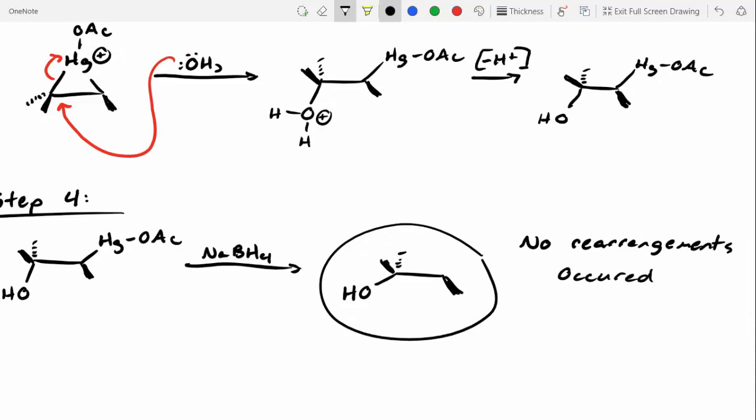What causes the mercury to leave all of a sudden? We're not going to get into the mechanism of that, but sodium borohydride is a nice hydride source. So what's hydride? Do you remember what that is? It's H-. In this case, the H- doesn't act as a true nucleophile. It's acting more as a reducing agent, and when we reduce off that mercury, we can replace it with a hydrogen. The mechanisms for these reactions, once in a while I'll tell you guys not to worry about them. This is one of those reactions where I'm not super concerned with you knowing the mechanism of the